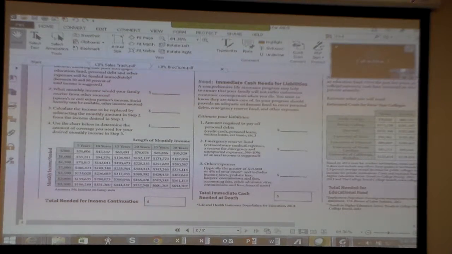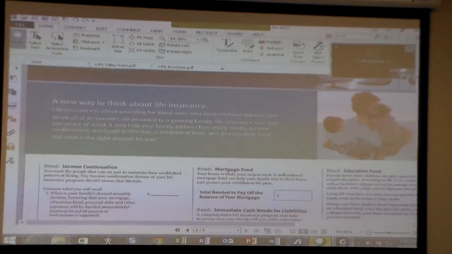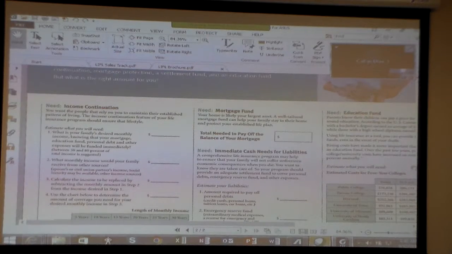From there, I go to the left. I say, okay, let's go back to this income continuation. As you go back to the income continuation, what do you typically bring in, the two of you? We said $5,000. Okay, so Mr. Prospect, how much of that is yours? And Mrs. Prospect, how much of it is yours? And what I do is I draw a line right down the center here, and I put his amount on one side and hers on the other. If the total they need is $5,000 and she makes $3,000 and he makes $2,000, then if she's gone, he